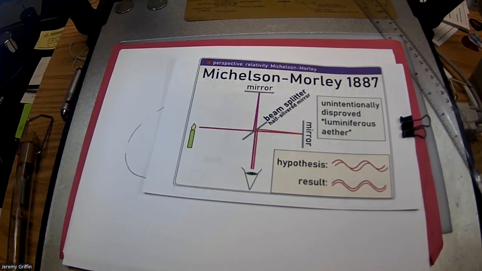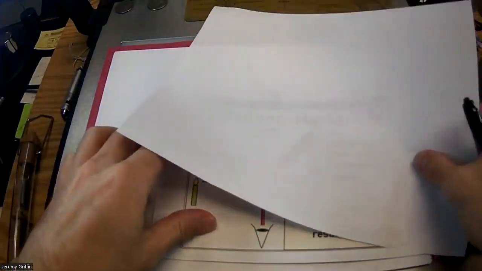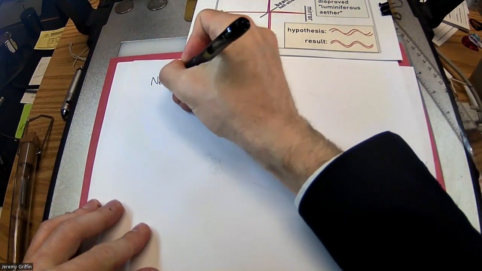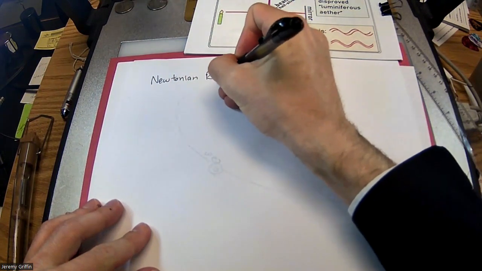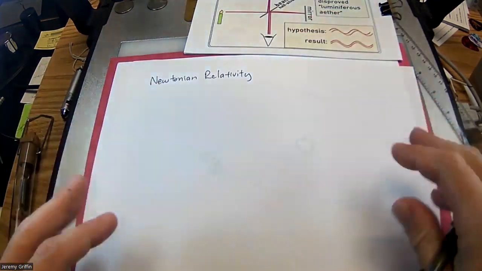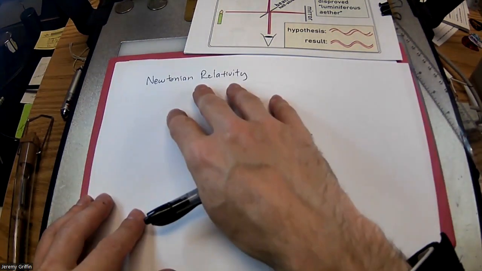Right? So, what were the weird implications of this experiment? Think about this. We're talking about Newtonian relativity. Okay. Now, when people say relativity, like just by itself, they're not talking about Newtonian relativity. They're talking about Einstein relativity. But let's just start with